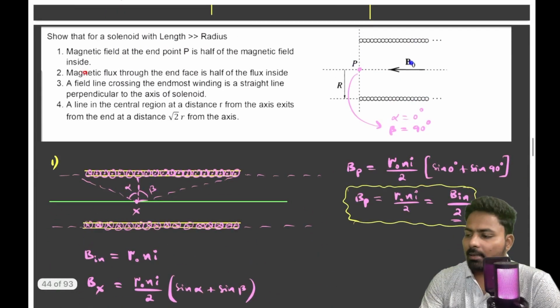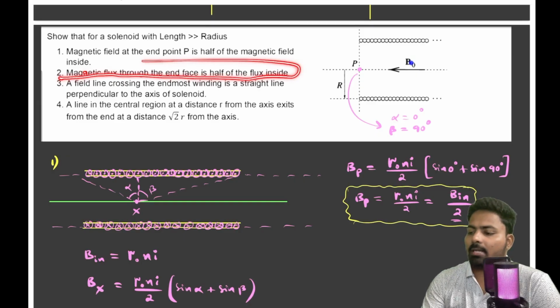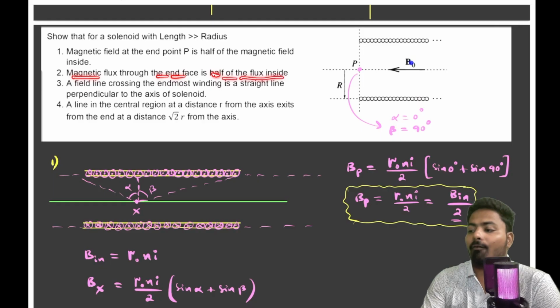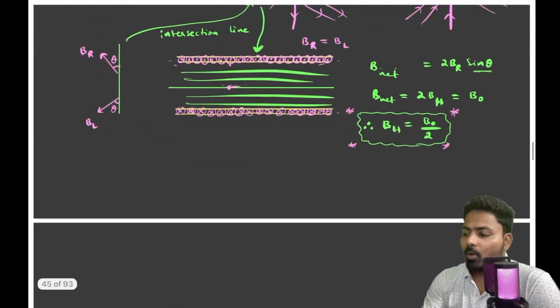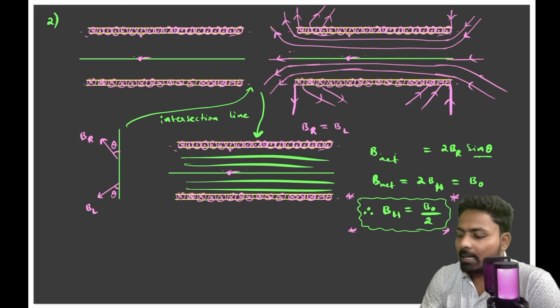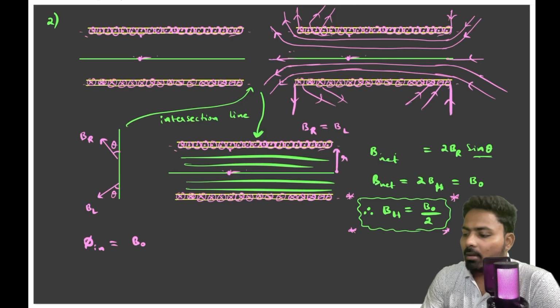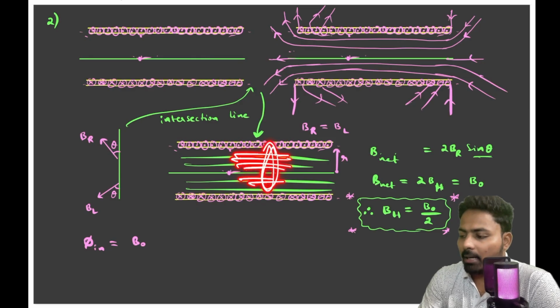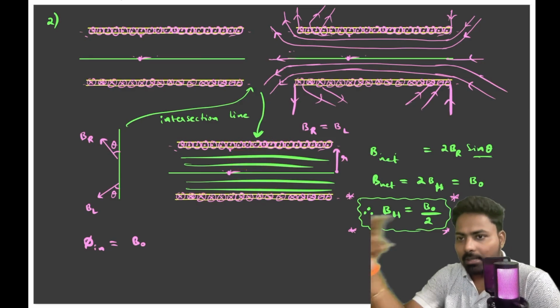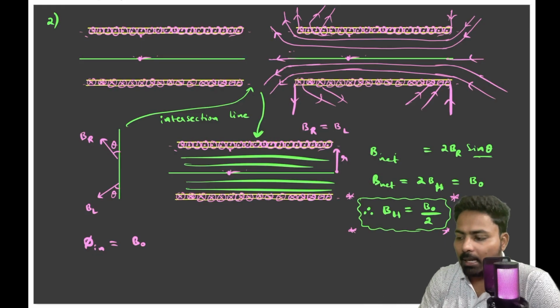To solve or to prove the second point, what they're asking is that the magnetic flux through the end face is half of the flux inside, right? So what is the flux inside? The flux inside can be written as B naught into, let me take this radius as smaller r. As the field lines are cutting normal to this surface area, the circular cross section that we will be getting over there, I can simply write B naught times pi r square. This is the flux inside,